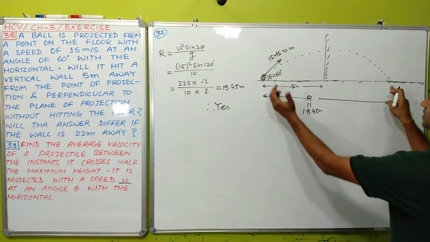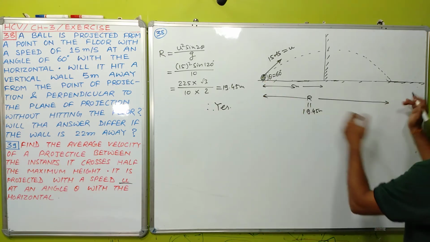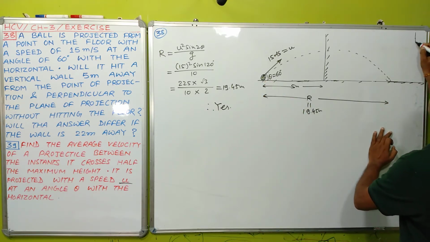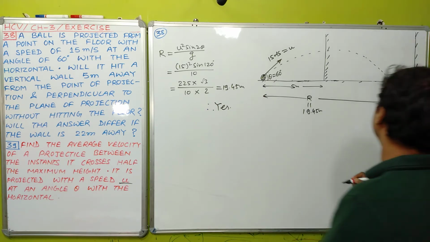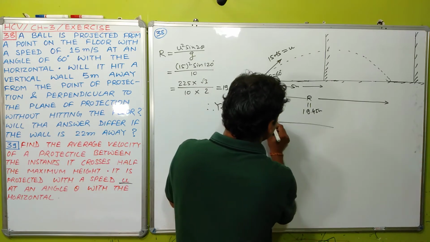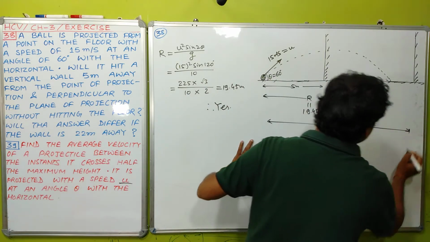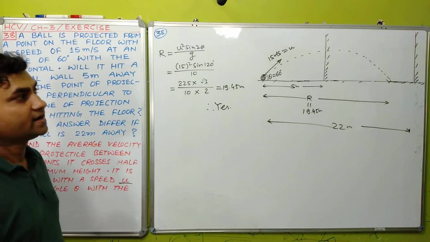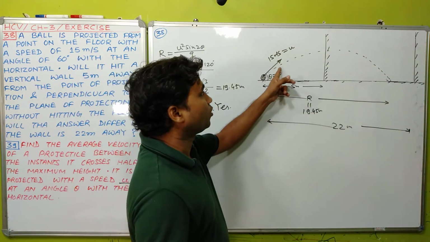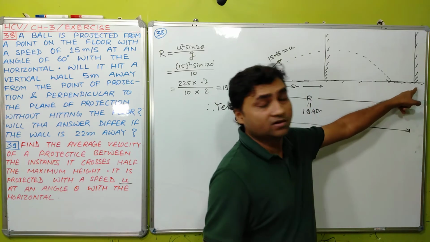Obviously 22 meter is greater than this distance. So let us suppose now the wall is at this position, which is 22 meter. It's very clear from the figure that in this situation the ball will not hit this vertical wall,